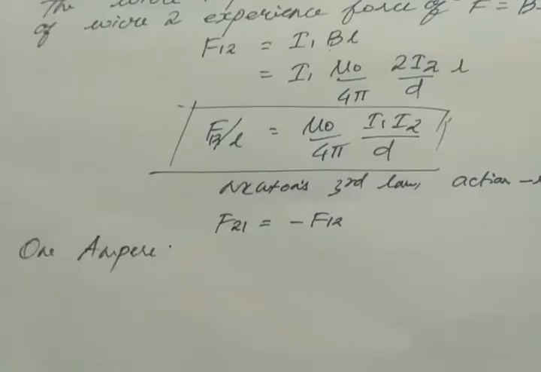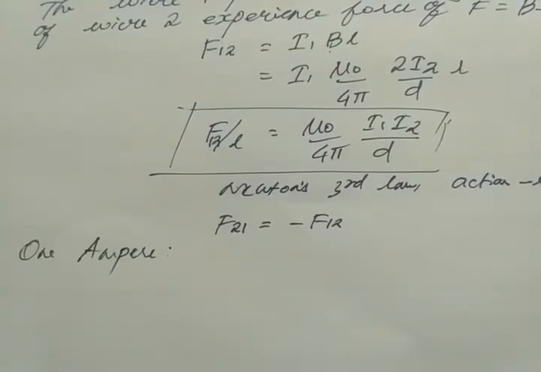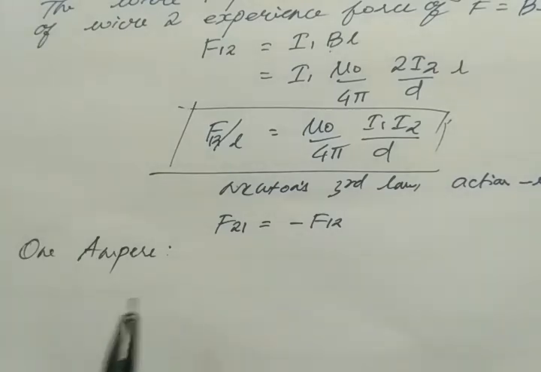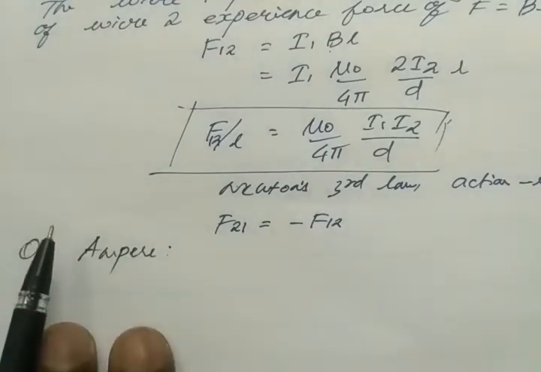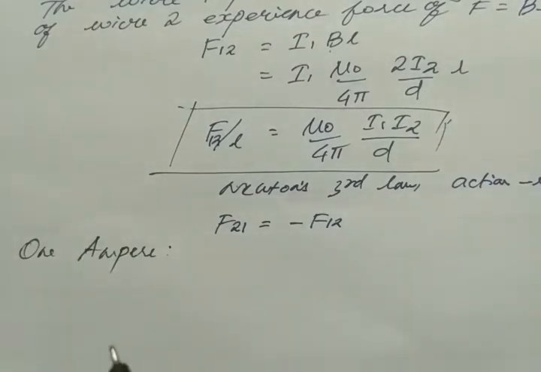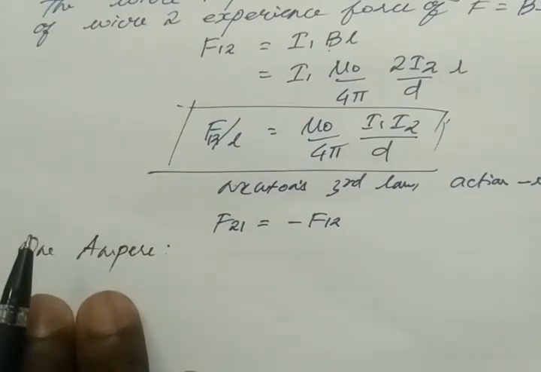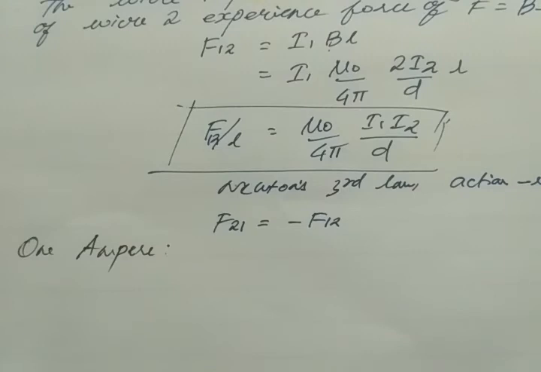Clear? Very surprisingly, one question was asked in the last exam: define 1 ampere. Usually in the CBSE board, they won't ask these kinds of small questions, like what you studied in 11th standard, define 1 Newton, define 1 ohm. These are usually asked in the state syllabus, but in the CBSE syllabus they won't ask such simple questions. But last year, the board asked, define 1 ampere. Why did they ask? Because its definition is slightly longer than other definitions. They asked it as a 2 mark question, so kindly note it down.